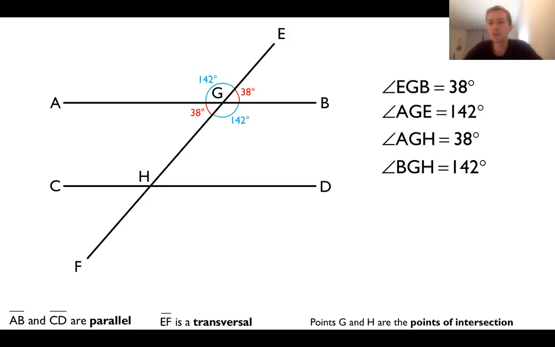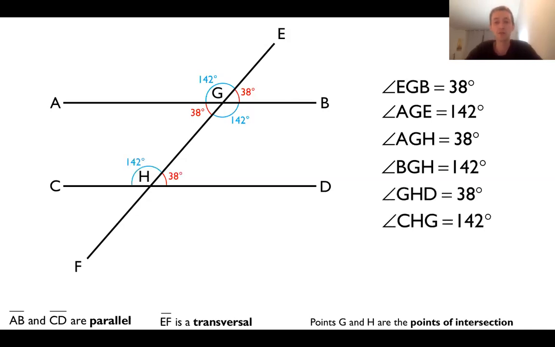Okay, so this is what we've already done. But the interesting thing is, and this is true all the time when you've got parallel lines, whatever's going on up here is going to be the exact same story down here. So I can actually fill in the rest of it. This is also going to be 38 degrees, which means this is 142, which means this is 38, which means this is 142. And again, this is always true when you've got parallel lines and this transversal cutting through them. Once you know one angle, you can actually figure out the other 7. Because if you look, they're all the same. They're all either 38 or 142.